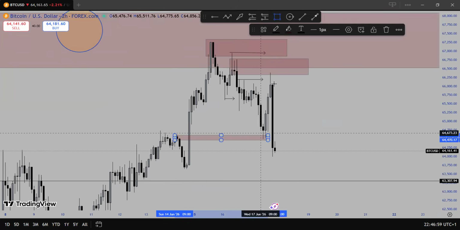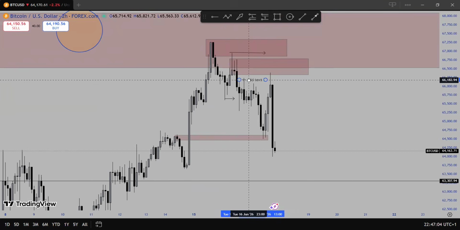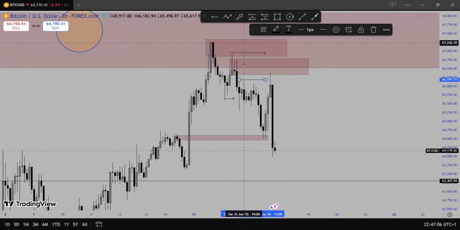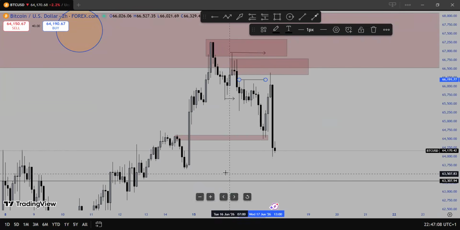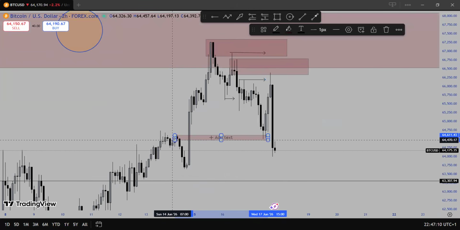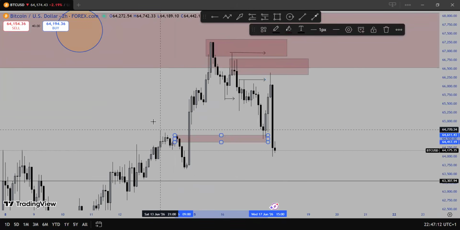So I know that for the market to continue selling, it needs to go and grab this liquidity and tap into any of these supply zones for this continuation of sales to come from. So I know the market reacts from this order block, this OB. So the next thing